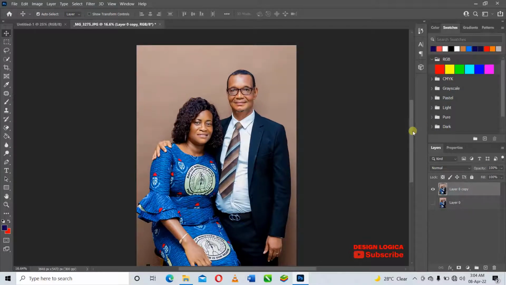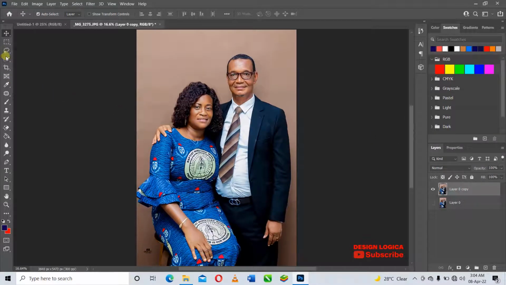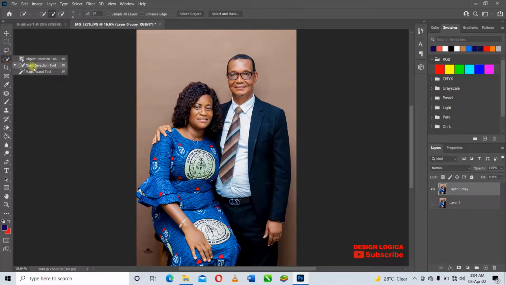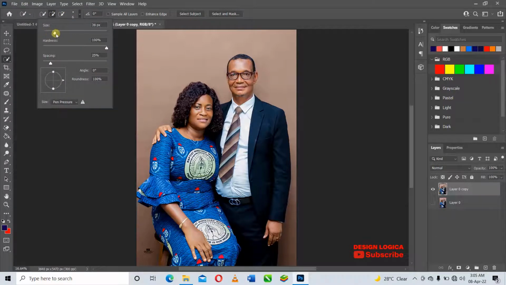So currently we are here, and the tool that I said we are going to use is the quick selection tool here. So you select it, we have the object selection tool, and then the magic wand tool and quick selection tool. This is Photoshop 2021. So quick selection tool, you select it and then you come here. These are the settings on removing or working on the selection tool. So we have the size here. You can increase the size to, let's say,